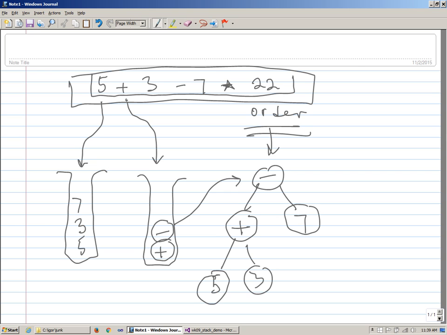As you can see, this type of storage, a stack of operations and a stack of operands, can be extremely useful in implementation of some kind of desktop calculator,